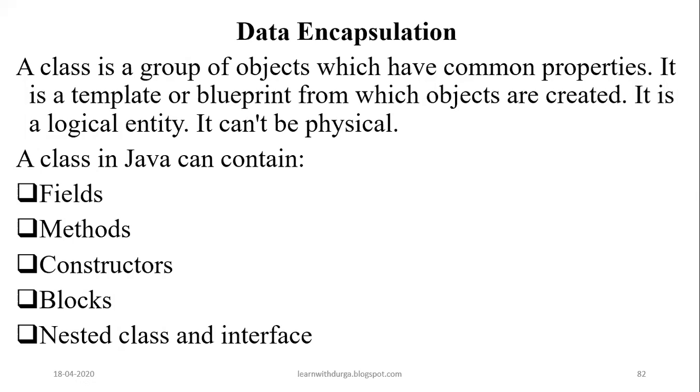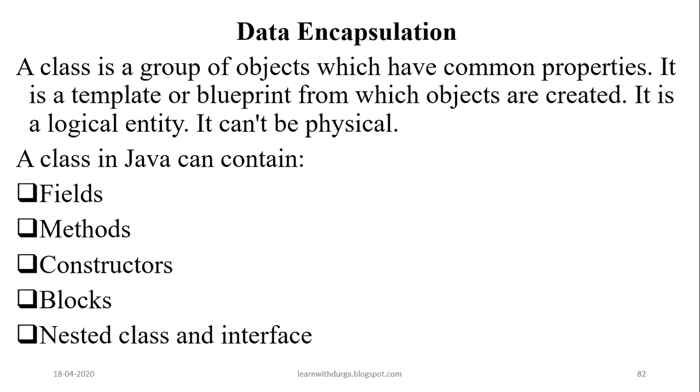Okay, so next one is method. So method is nothing but behavior or a function. Whatever is the name, you can make use of it. Okay, and the constructor. So constructor is also a method. So let me go ahead with what is the difference between method and the constructor in the upcoming example. Okay, so block is nothing but another class or a nested inner class or another interface or any kind of static method or non-static method.